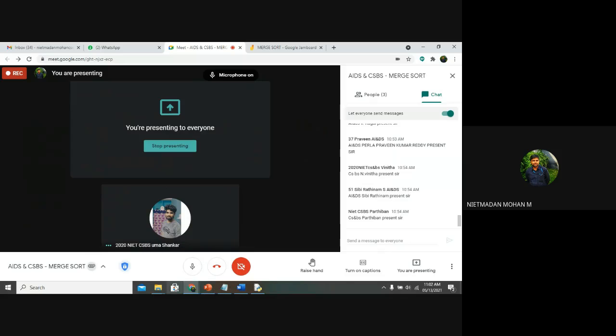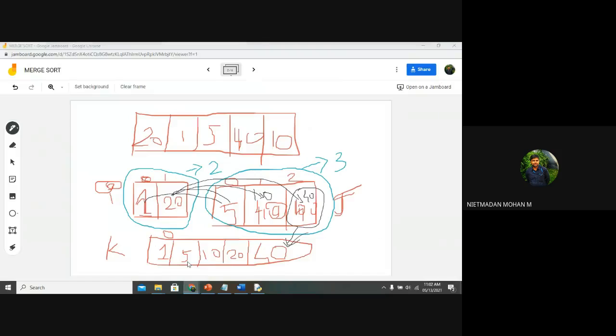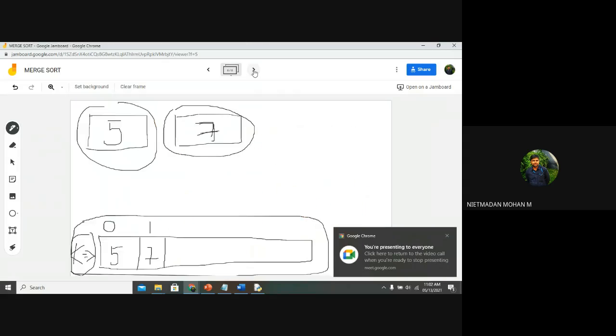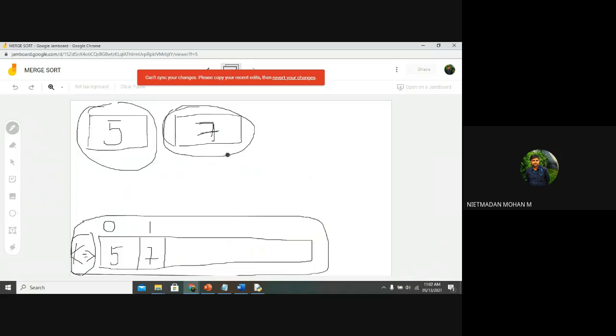That is the thing I have implemented: k wants to be incremented when the left list is getting a value or the right list is getting a value. That does not depend on which one, but the k value wants to be incremented. But why? Because that is the final list.